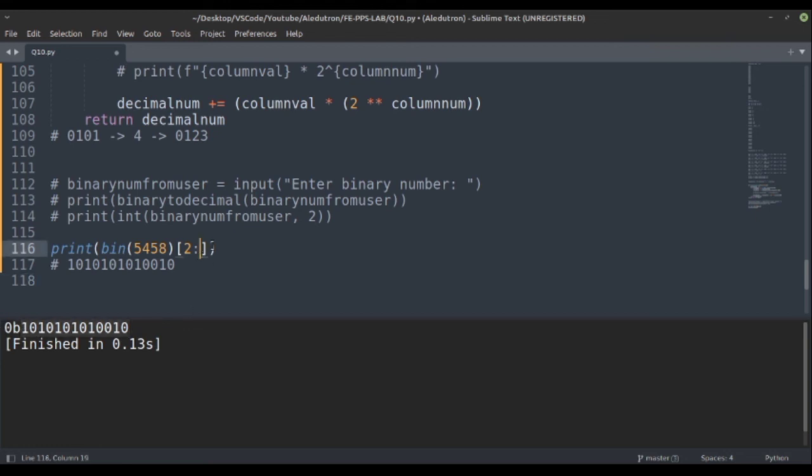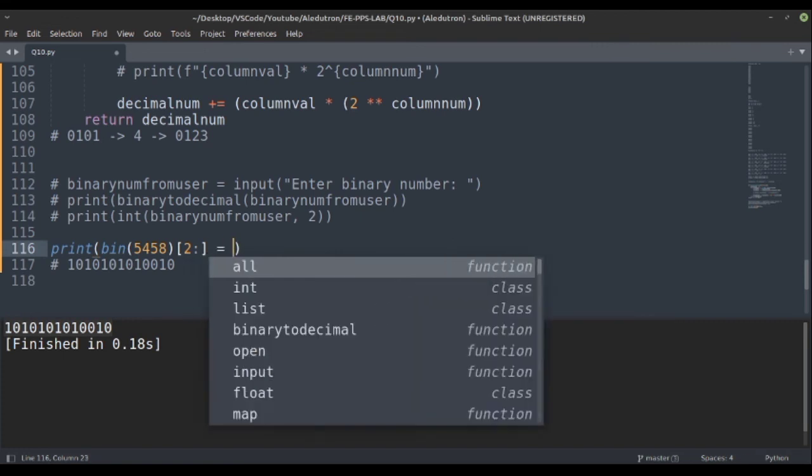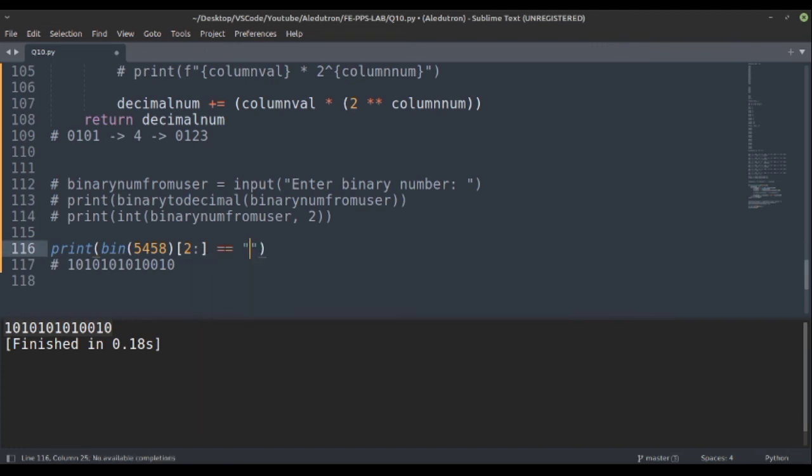We have not specified anything, meaning we are going up to the end. So it would basically return only this number. So we can equate it using the boolean operator. It would return a string, so we will also print as a string. It is returning True, meaning both are the same. So that's all for this video. Let's meet in our next video.